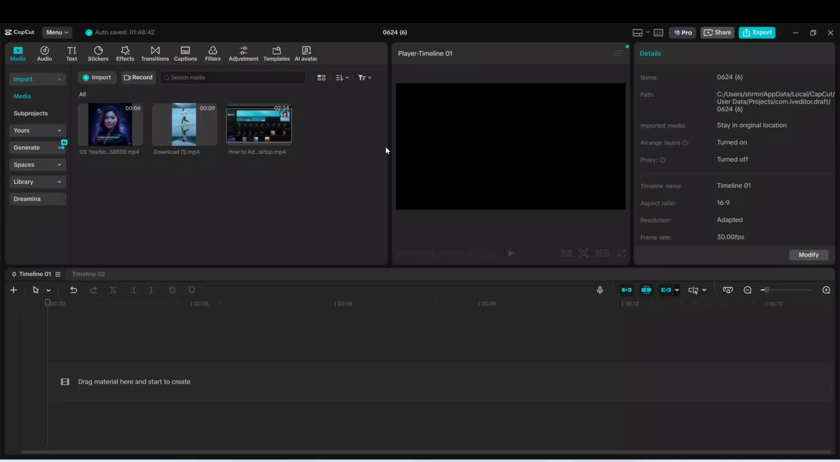In today's video, I'm going to teach you how to use text effects in CapCut Desktop. To get started, open the CapCut Desktop app on your computer. Once the program launches, you can either create a new project or open an existing one, depending on where you are in your editing process. If you're starting fresh,